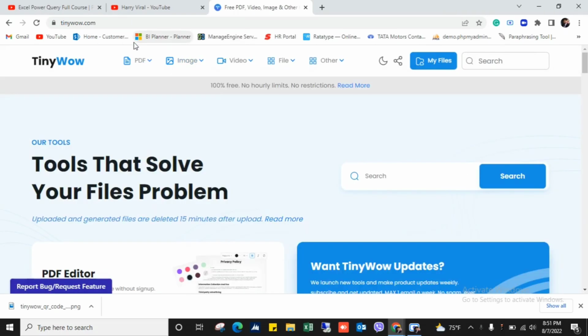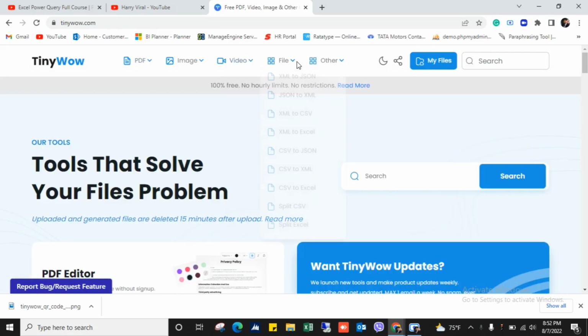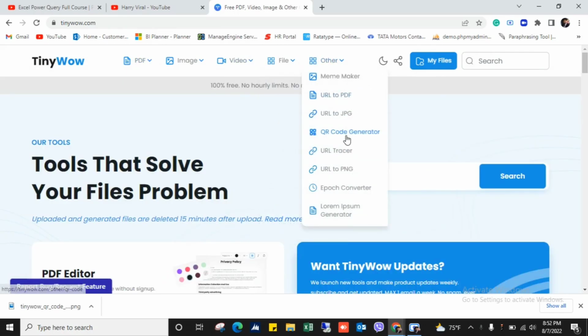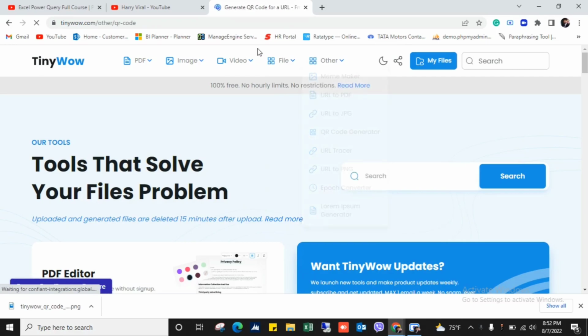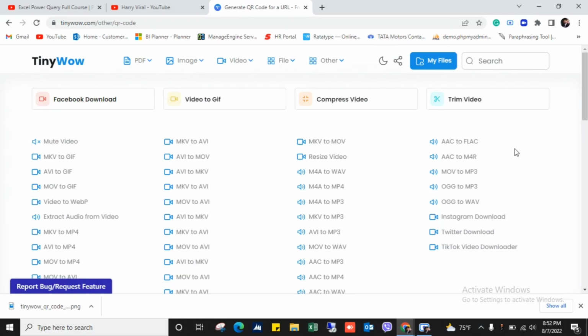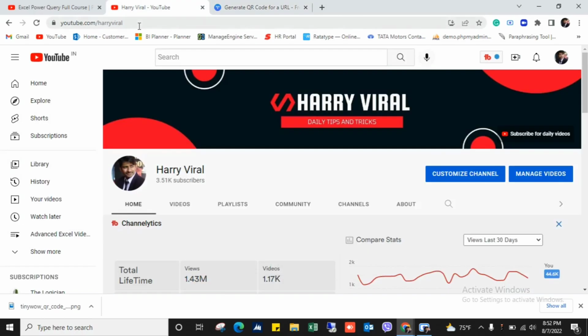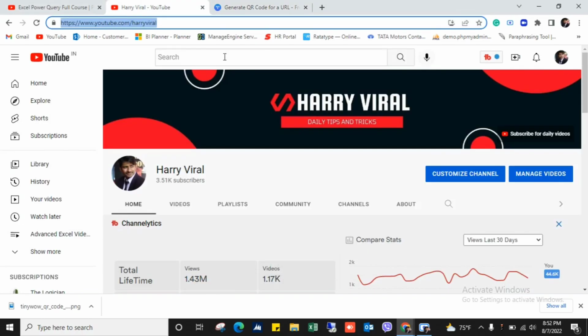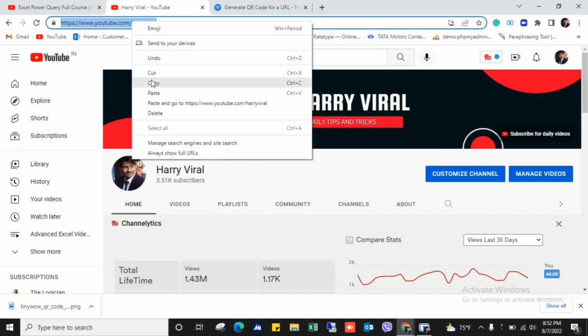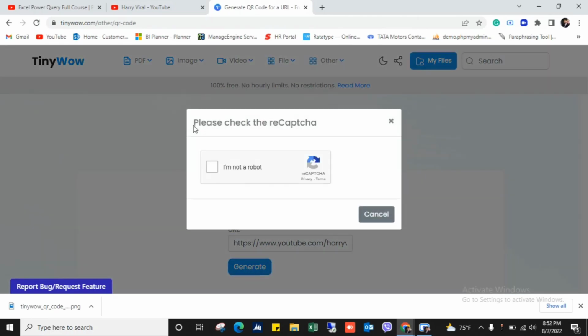So here you can see lots of things you can do. So for now in this video I'll show you how can you generate your QR code of your website or YouTube or anything as you want. So for here I'll write my URL. So I'll copy this my channel, and then just copy it and paste it here and click on generate,